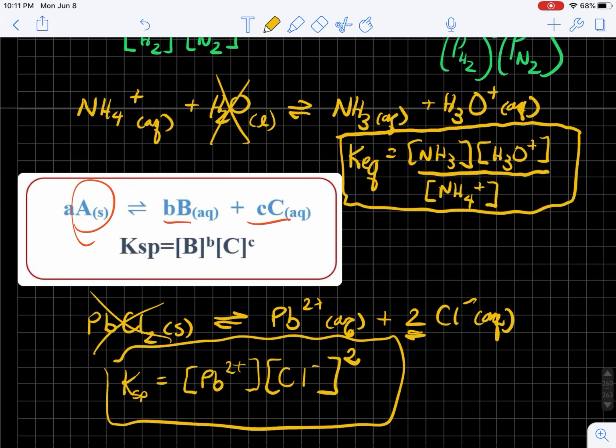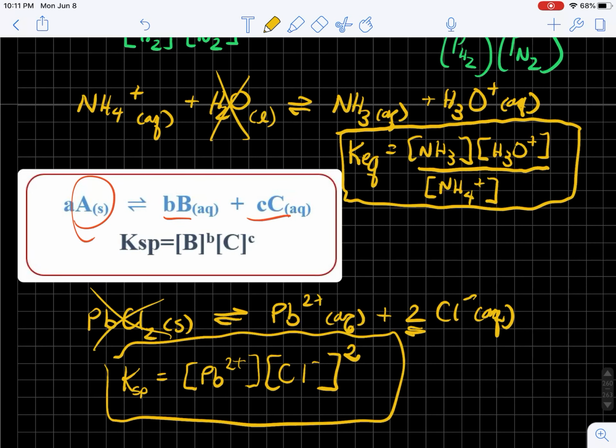Let me see if there's anything else I wanted to show you as an example. There's a worksheet that I posted, that you should try, and then check the answer key on it. But I'm running out of space here. All right, let's try one more. Let's do, I don't know, try to think of something off the top of my head here. What if we did,